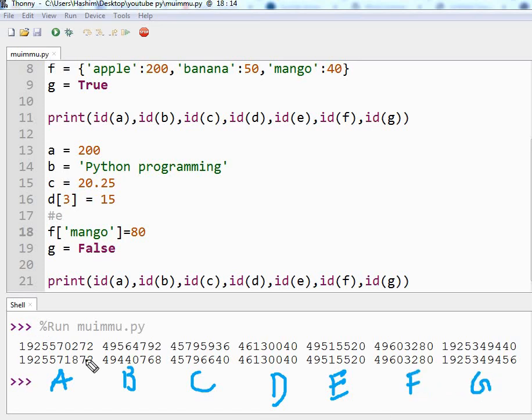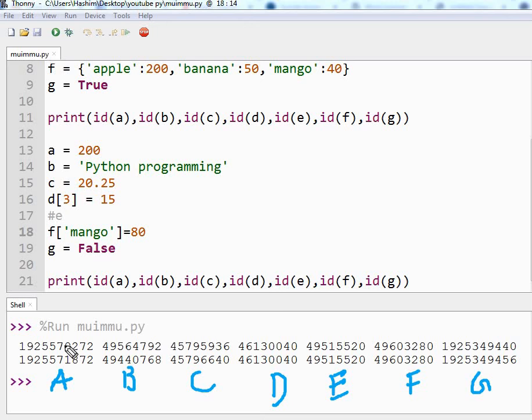Do you see any change? Yes, the number has changed. That means our variable A was immutable. So we can conclude that integers are immutable. If you change it, the variable will point to a different memory address. The ID will change. The same address will not change its value.